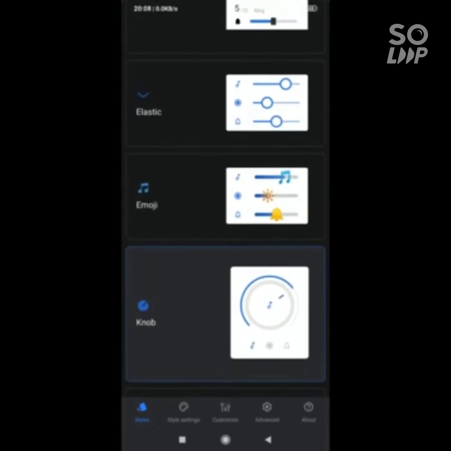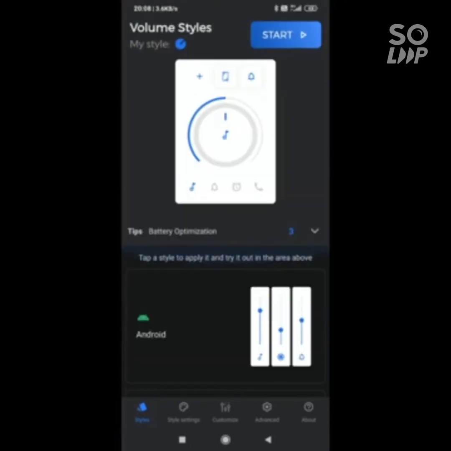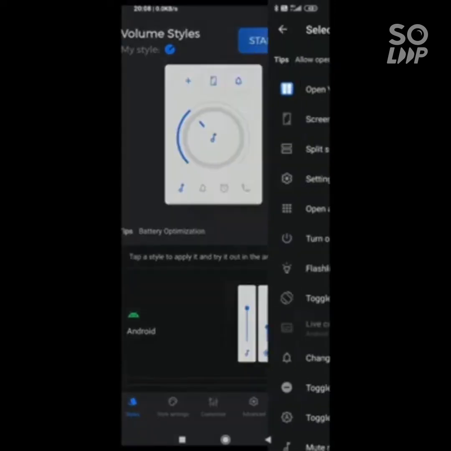Let's try one and see how it works. I'll try knob. Here you can adjust the volume, and the effect is cool. Here I have the notification settings on the volume style window, and also screenshot. You can add options you want by clicking on the plus icon.